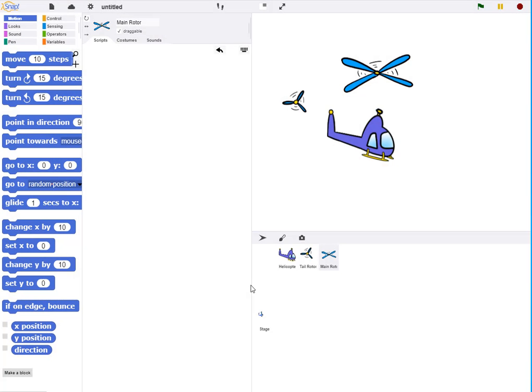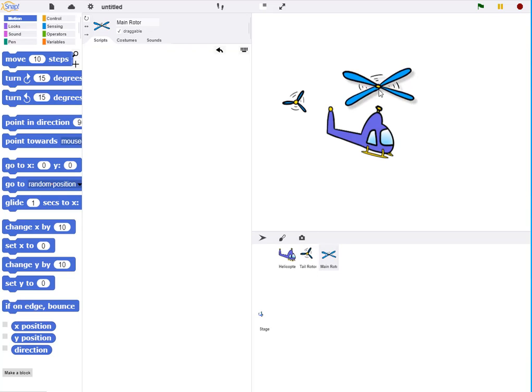There are times when we would like the parts of a mechanism to turn separately or move separately. In this illustration, we have a helicopter, and we'd like the helicopter to move across the screen while the rotors are independently turning. We can accomplish this by positioning the main rotor at the top of the helicopter,